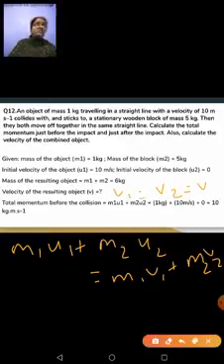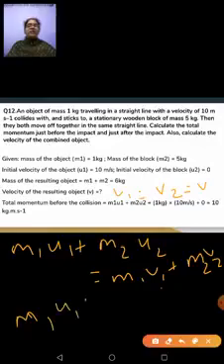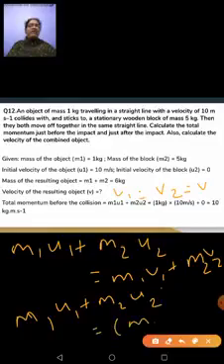Why? Because after collision, the object and the wooden block are in contact with each other. The object is sticking to the wooden block. So we'll assume the velocity of both objects will be considered as v only, because they will not have different velocities. They will be moving with the same velocity. So in place of v1, v2, I'll be taking v. Now I'll rewrite this equation like this: m1 u1 plus m2 u2 is equal to (m1 plus m2) into v.